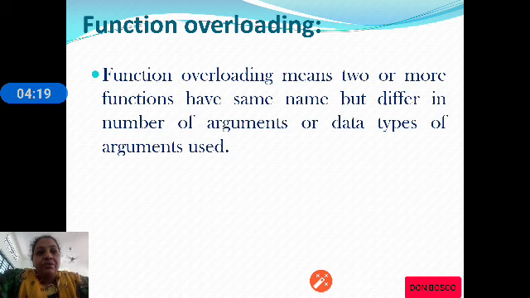Function overloading means 2 or more functions have the same name, but they differ in the number of arguments, or if the number of arguments is the same, then the data type used in the argument list changes.